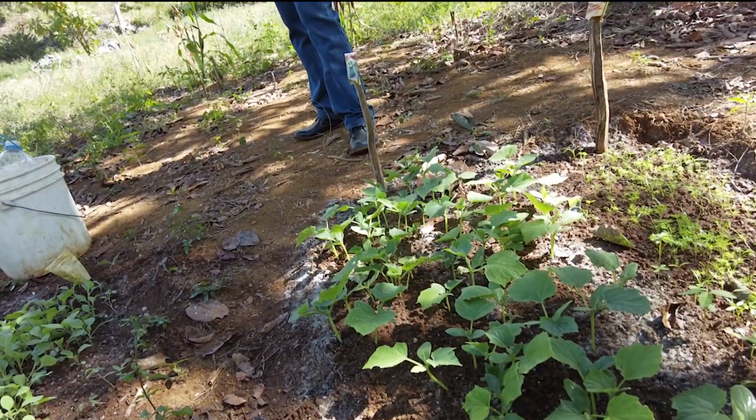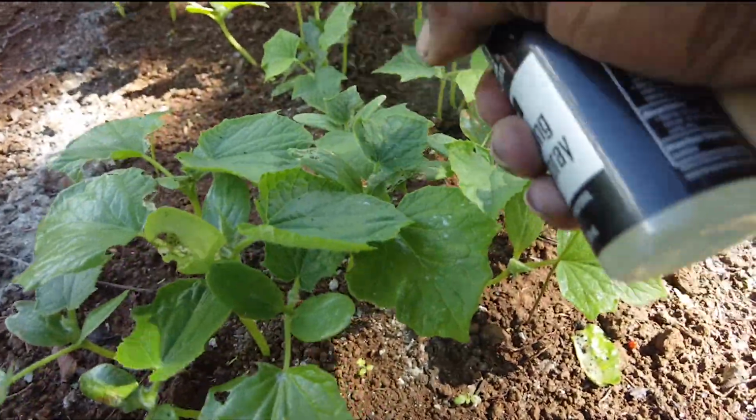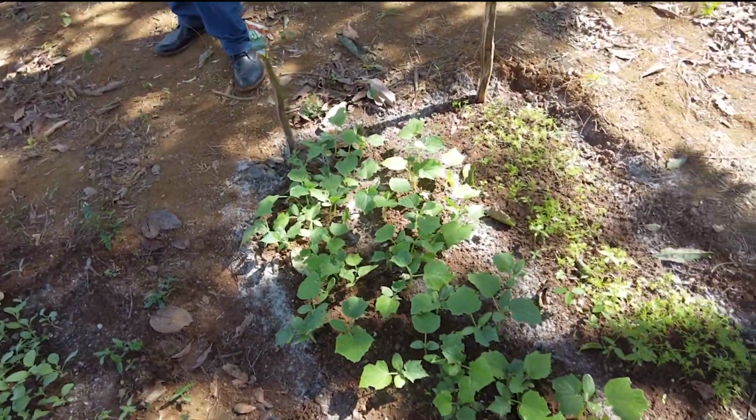See me turn it upside down and mash up the thing here. So the insect them will come out. They must say no, so them don't like it. Yeah, man, don't like it. Come off our thing them. Watch insect. So natural pesticide,